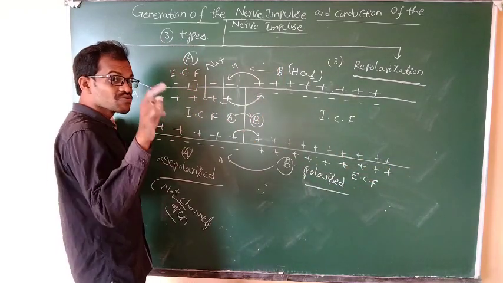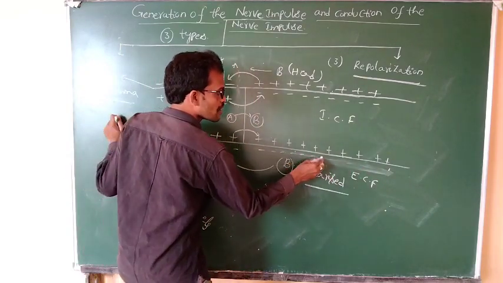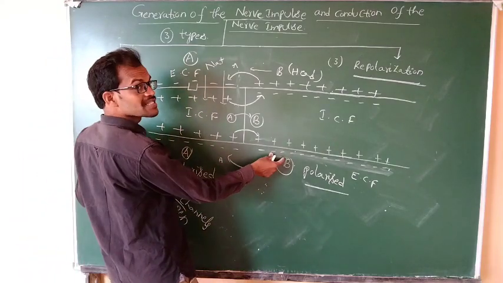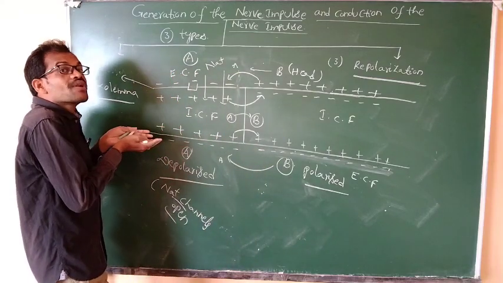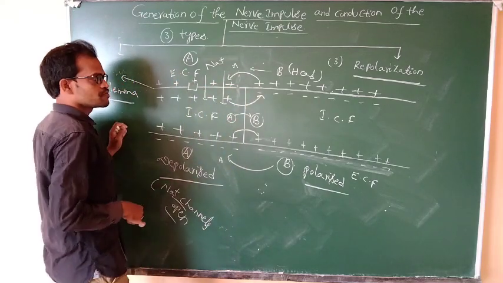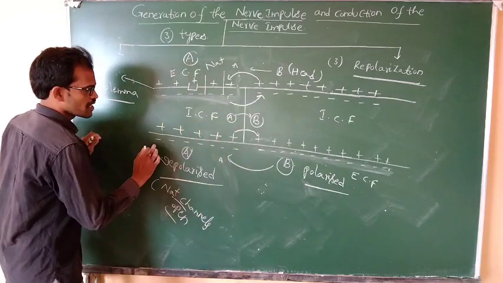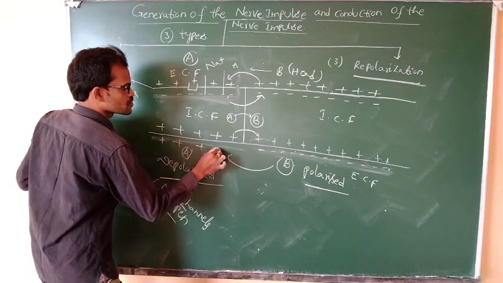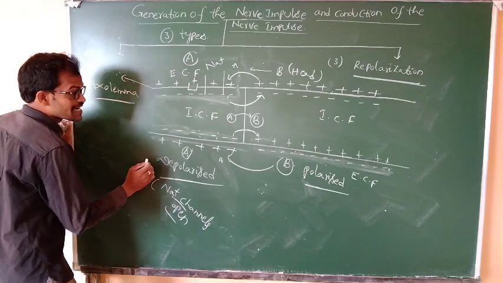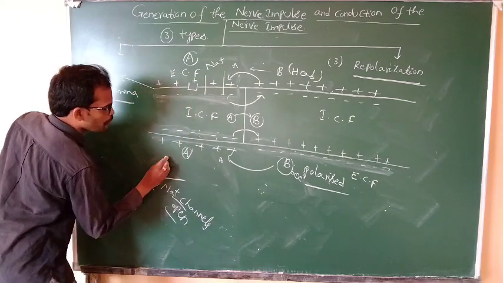Because of the polarized condition there are leaky channels, and outside becomes negative. That means this region is depolarized, and the previous one is repolarized. Positive ions move to the inside, and the outside is negative. Here it is always positive, here negative, which is the depolarized condition. This region is depolarized too, again depolarized, and before this one, repolarized.